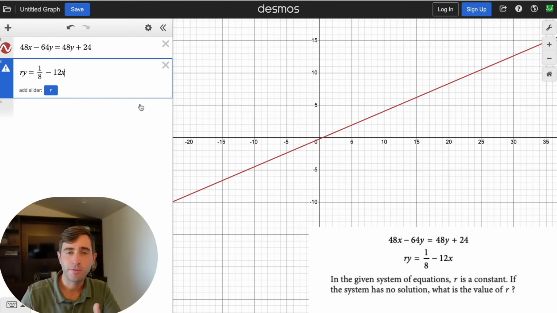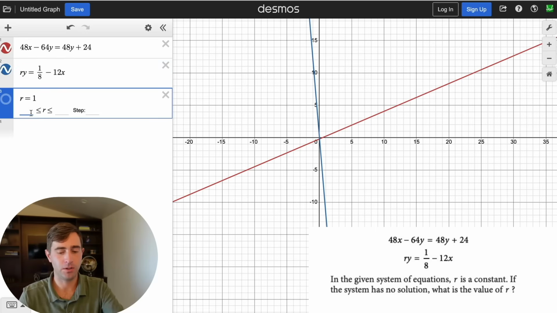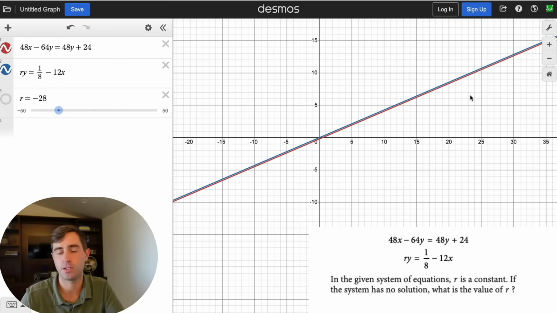Now, not the preferred way of doing these, but you often can still find the correct answer in Desmos with a bit of guess and check once we have that conceptual understanding: these are parallel lines that are never going to intersect. So I would do like negative 50 to positive 50 if I was just totally guessing and checking. Then all you're going to do is move this slider around until you start seeing parallel lines. And what we can see here is, right, we know negative 28 is the correct answer from doing it by hand. We can see these are never